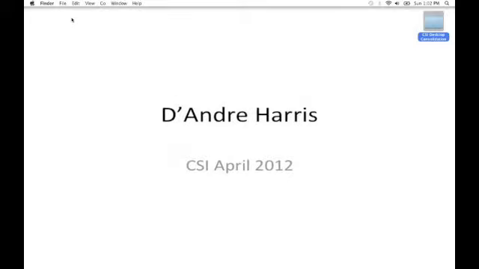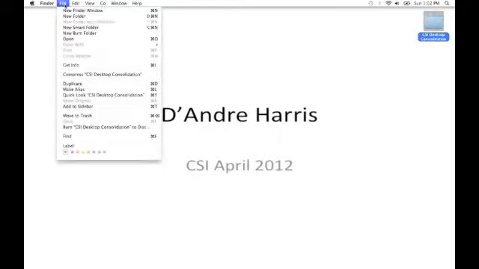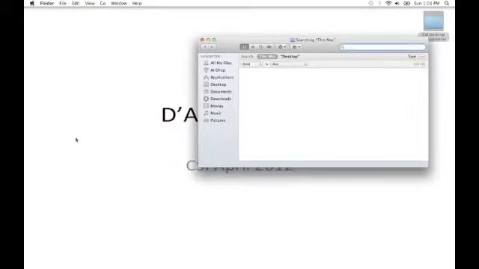Now the next thing is going to be creating a smart folder. What you want to do is in the Finder window, you want to simply select File, scroll down to Find, and here is where you can select what you want your smart folder to do, such as you can select last open date, and for this you can simply search for the things that